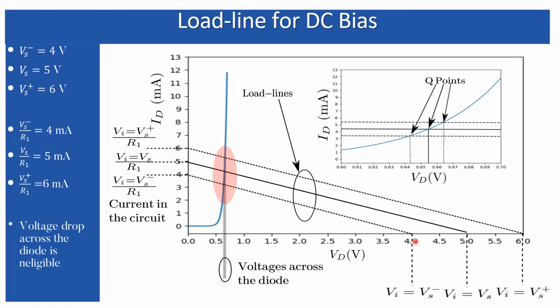So if we vary the supply voltages or the input voltages along this, 4 volt to 6 volt, 6 volt to 4 volt, the current will vary along this. So the intersection points are varying, resulting in the variation in the load line along this direction. So the load line is varying to a greater extent by varying both the voltage and current, but the variation of the voltage across the diode is almost negligible, and you can see in the figure in the inset how much smaller the variation is. So this much of the variation takes place across the diode.